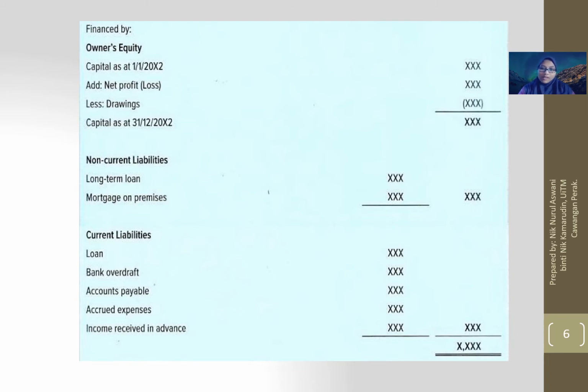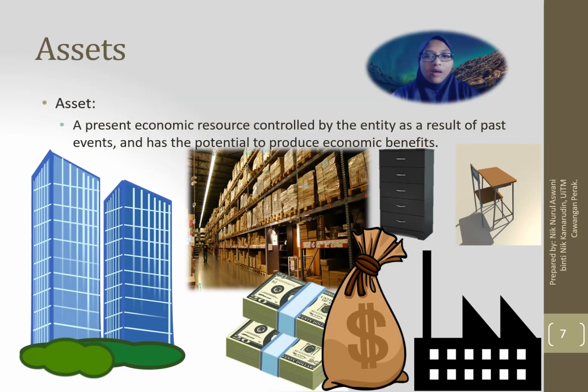So let's look at the definition of each classification of items. What are assets? Asset can be defined as a present economic resource. So resource which is controlled by the entity, meaning that the entity has control over the item due to contracts and other ways of control, as a result of past event, meaning that you have performed